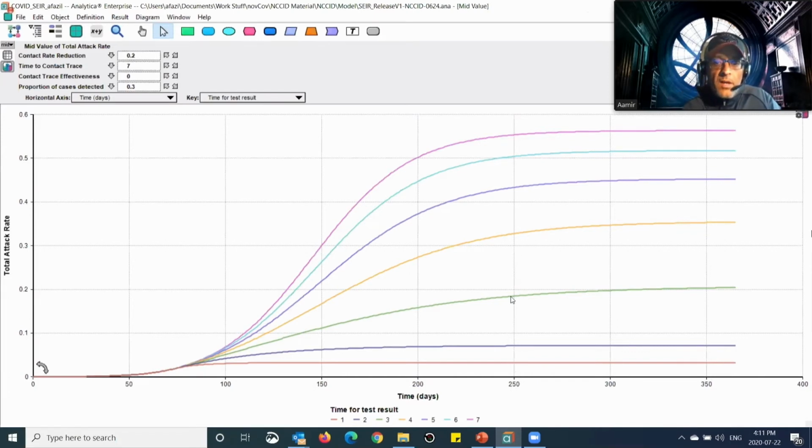I could have a pretty significant reduction, going from more than 50% down to under 10%, just by speeding up the process. Obviously, the next stage would be, is it in fact feasibly possible to do testing and isolation in a 1 day turnaround? That becomes the next challenge, but at least you get some insight as to whether this is something that may be worth exploring further, and then we can figure out how to actually make it happen. So